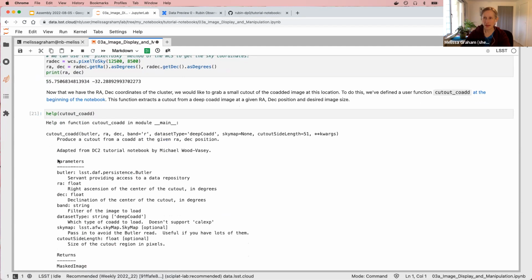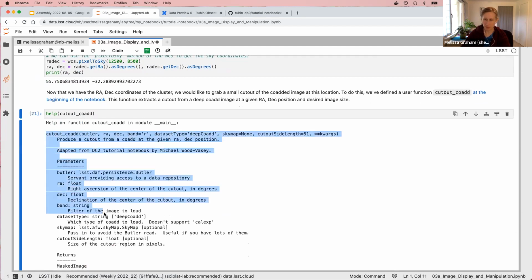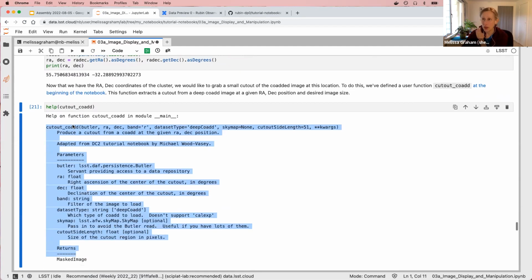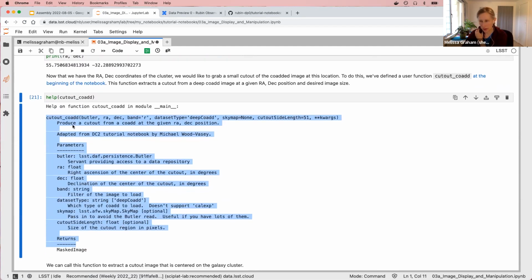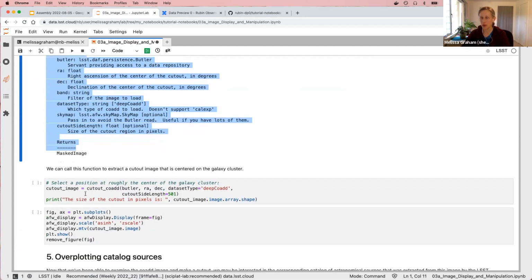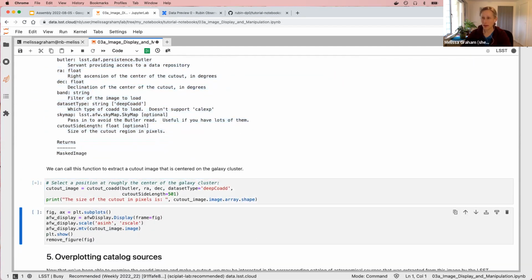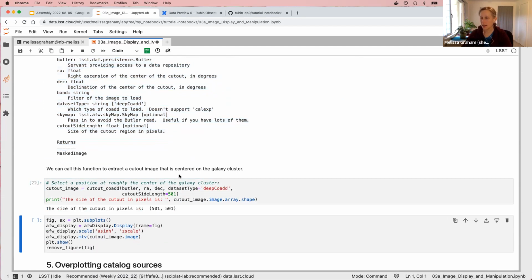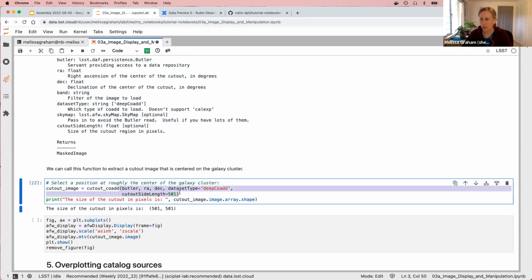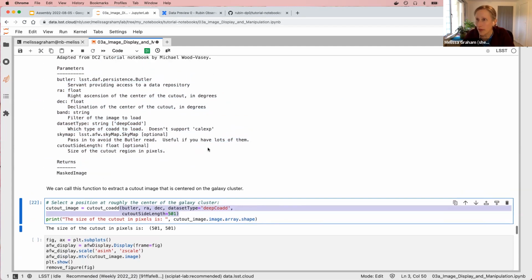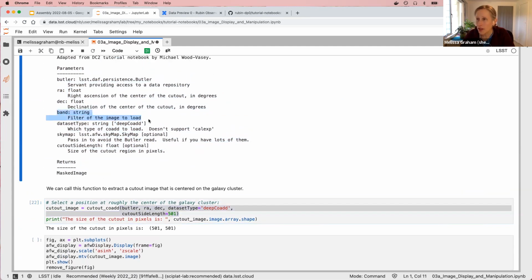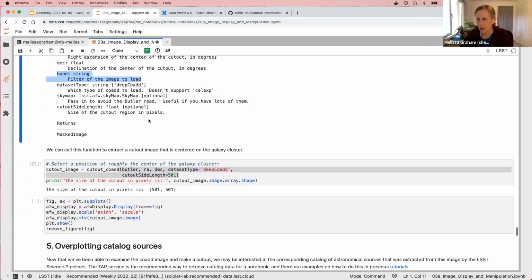And this is exactly the same documentation from that function that was defined up at the top. We're going to use our cutout_coadd function to make a coadd cutout that's centered right on the RA and dec of that cluster. It doesn't say here what filter we are grabbing the coadd for, but the default was R band. So we're grabbing an R band cutout